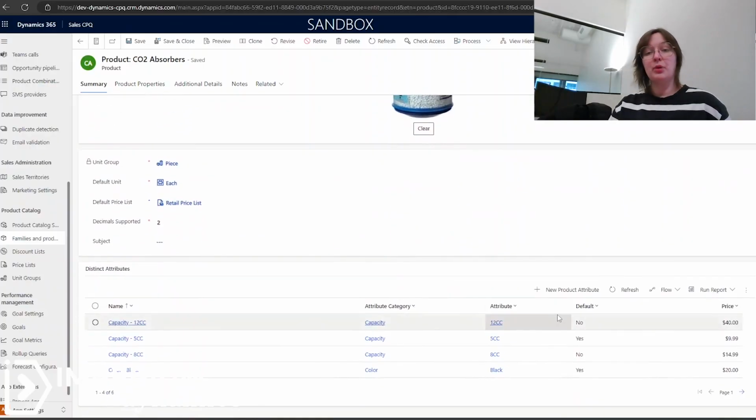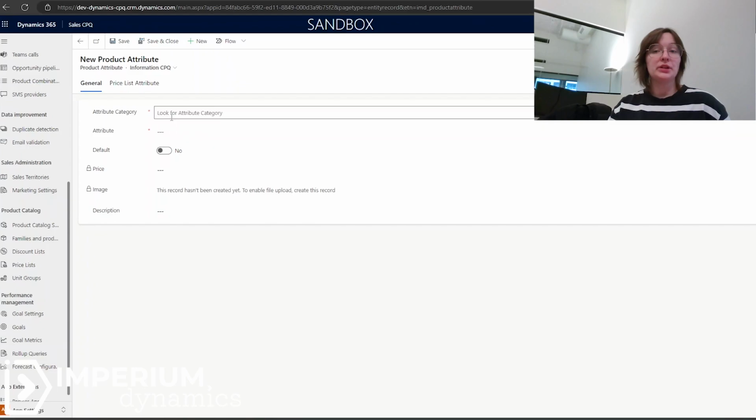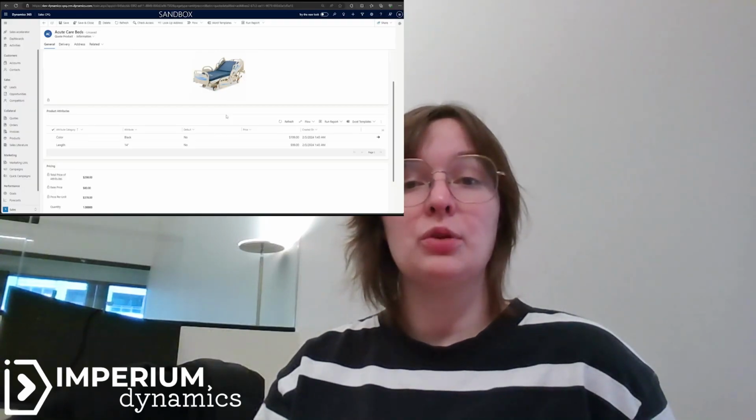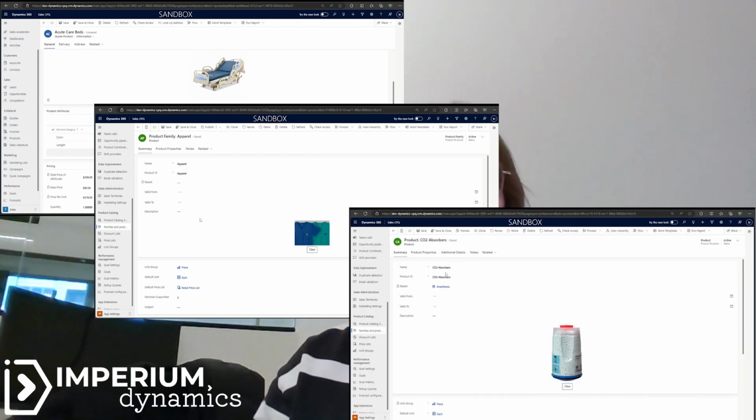Add attributes of products, allowing users to create categories and other related attributes. The product combination feature in Dynamics Sales CPQ is another functionality that allows users to add images to all the combinations of products, with real-time changes to those images on the portal and model-driven app based on the selected attributes